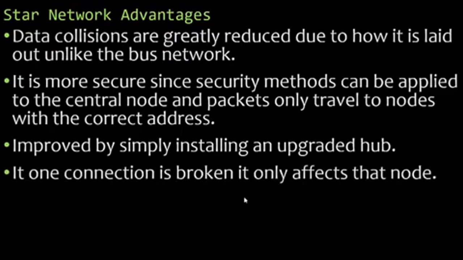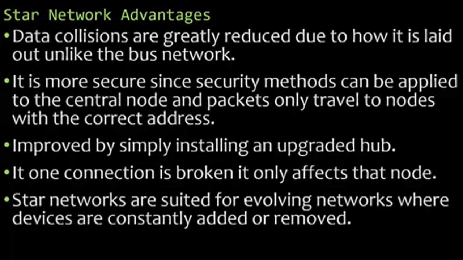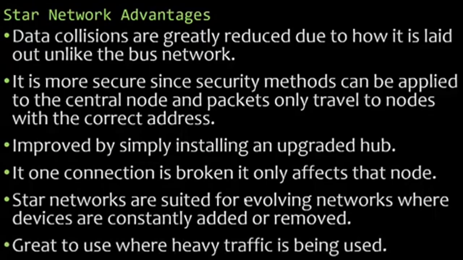If one connection is broken, it doesn't matter. It only affects that node because each individual node is connected. Star networks are suited for evolving networks where devices are constantly added or removed. It's great to use where heavy traffic is being used because they're all indirectly connected because they're connected to that central node. And just like we said with bus, advantages come with disadvantages, the star topology also comes